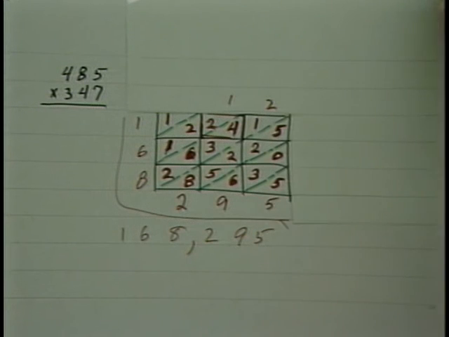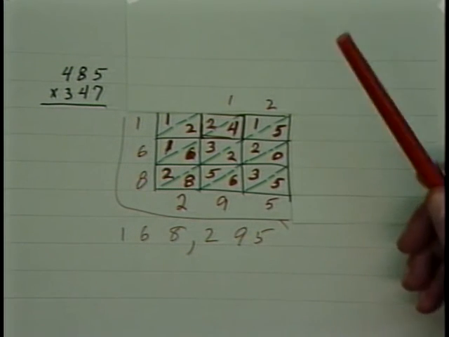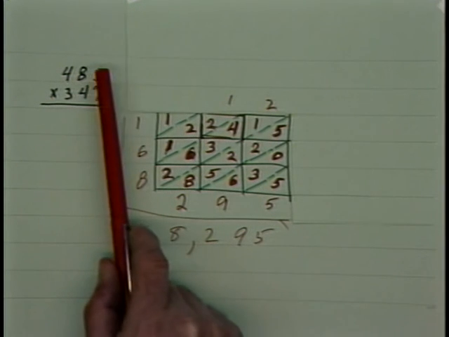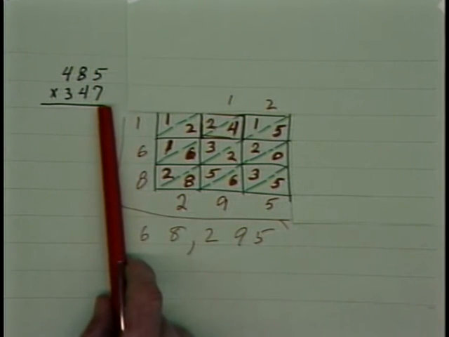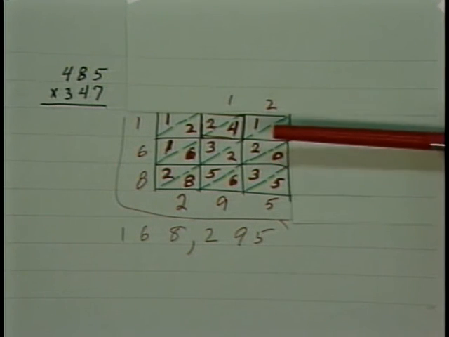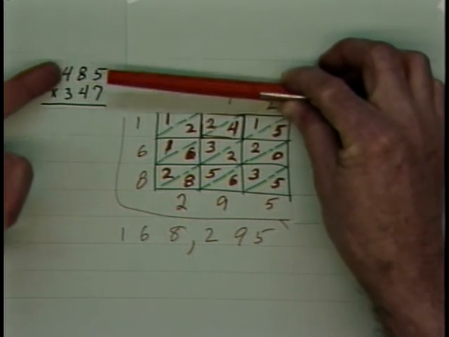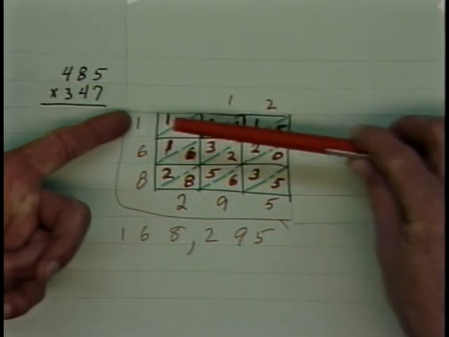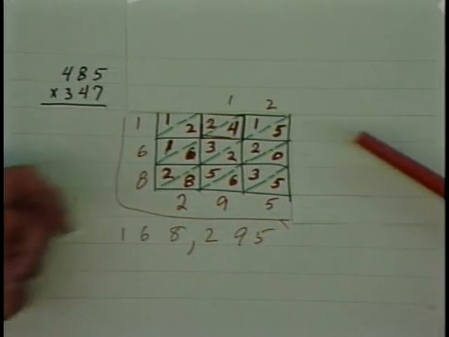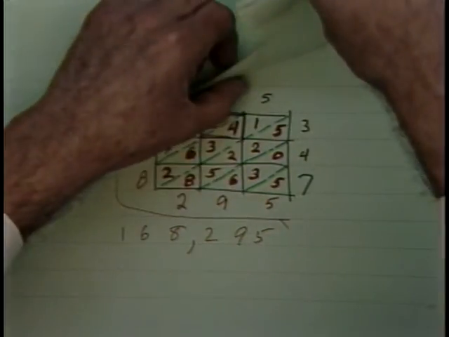168,295. This particular method is a handy one if you are trying to do long multiplication and you don't yet have your multiplication tables memorized. This will allow you to do the long multiplication while in the process of memorizing your table. If you need to fill in the table